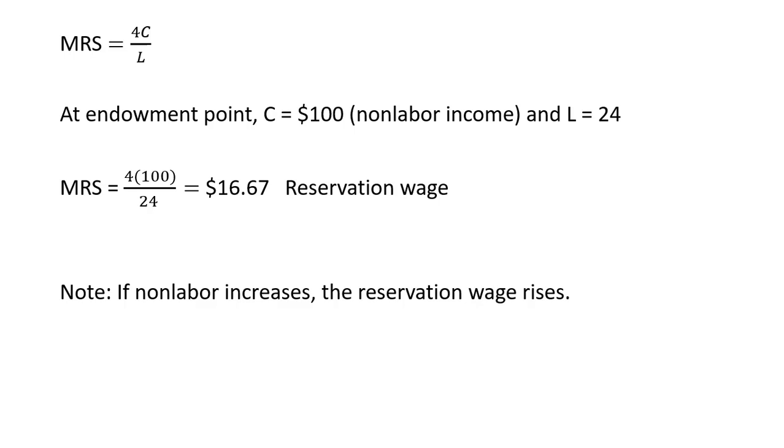$16.67. If this person was able to get $20 in the market, this person would work. The market wage exceeds the reservation wage. On the other hand, if this person's wage in the market would be less than $16.67, this person would choose